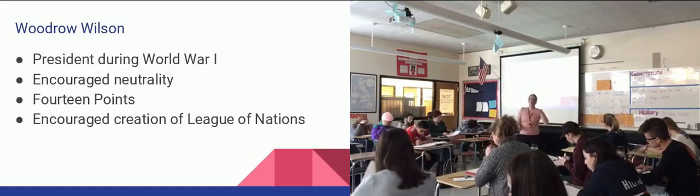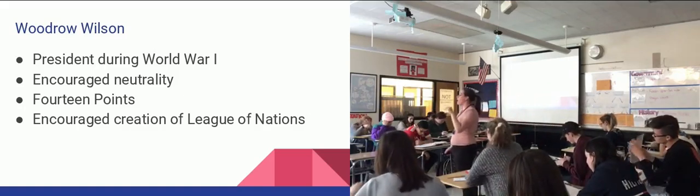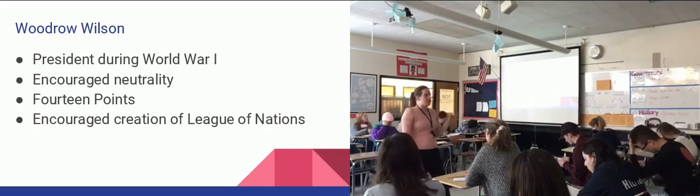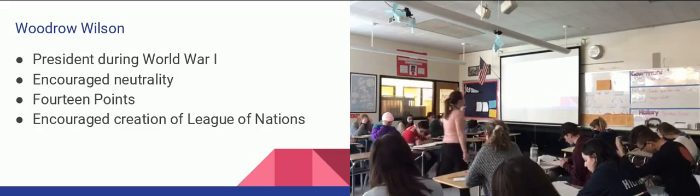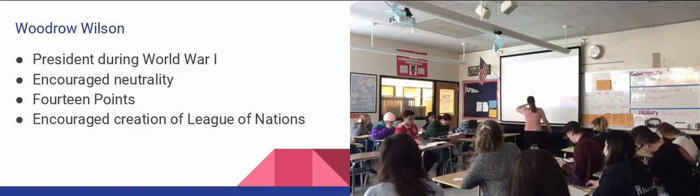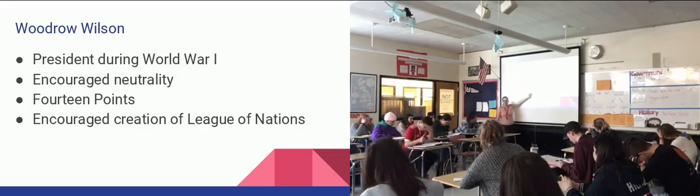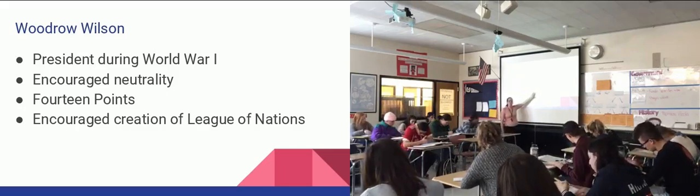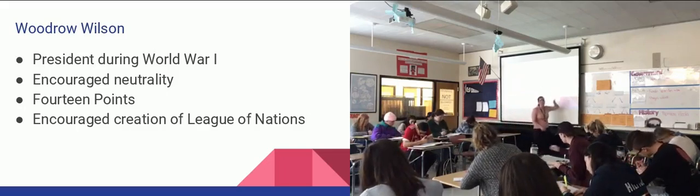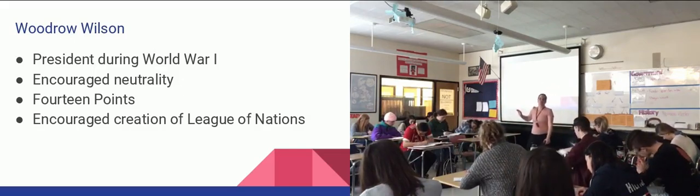So now that we've learned about all the events of World War I, now we have to actually get to the American part. Why was America even bothering or in this war? Now, you will need to know that Woodrow Wilson, this part right here, this is everything that you really need to know about Woodrow Wilson. If you're going to get a Woodrow Wilson question on the AP exam, it's going to be one of these. Okay? So I know we talked about him with progressivism.